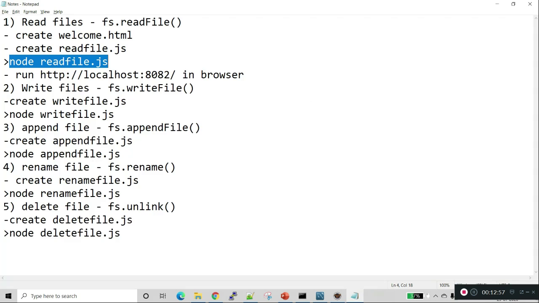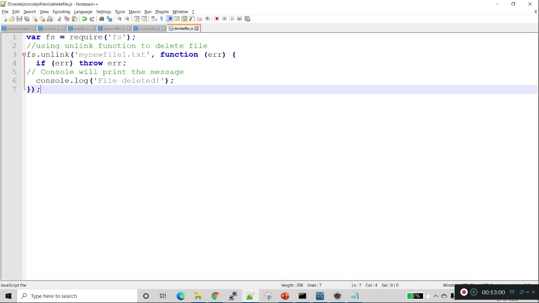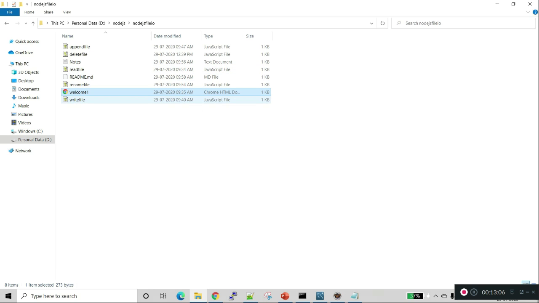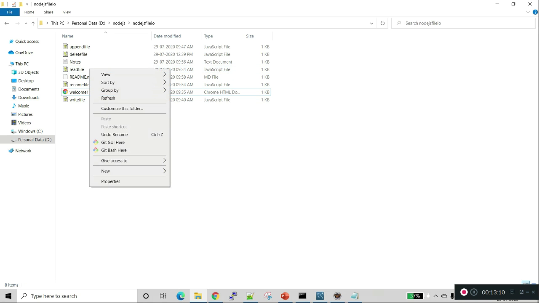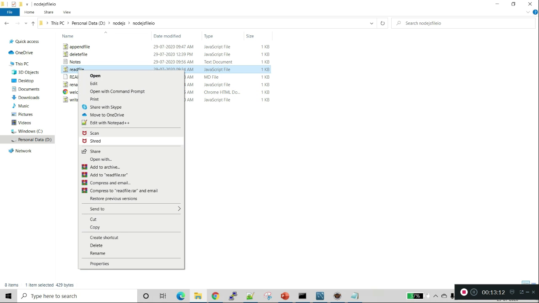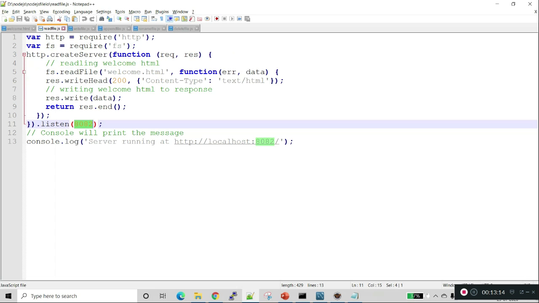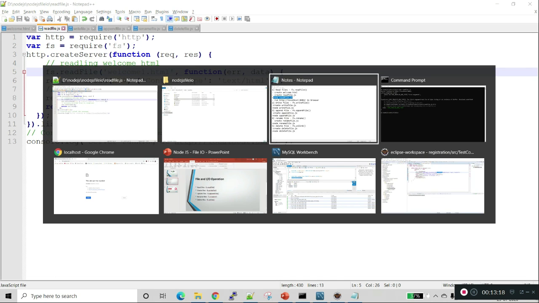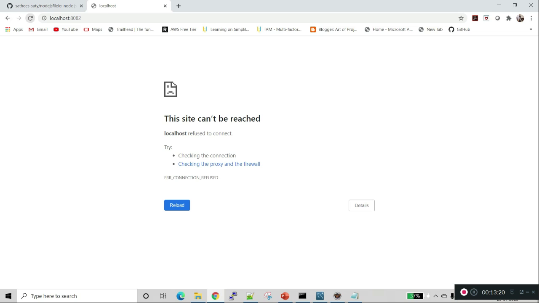Now we will go and change this. Here we have the welcome file, correct? Now we will open the read file and change this to welcome1. Here I am adding welcome1. Now we will refresh the page.